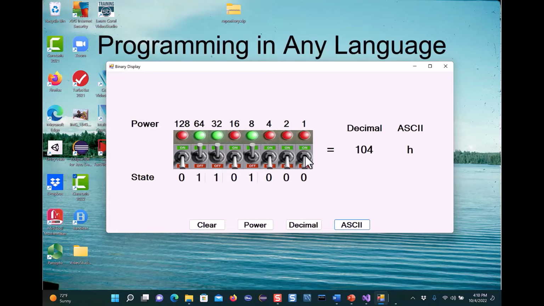There's a G, H, I, J, K, L, M, N, O. And then P will be this guy. Turn these all off. Q, R, S, T,